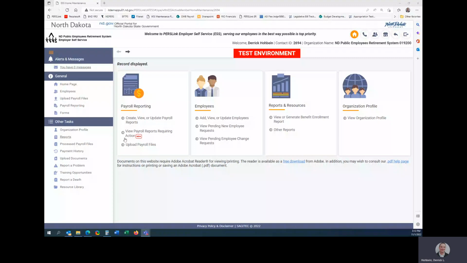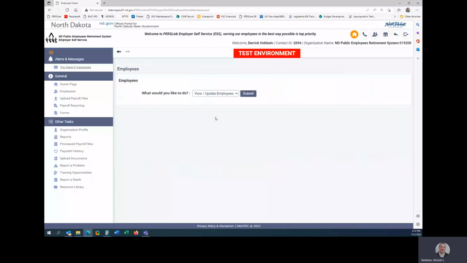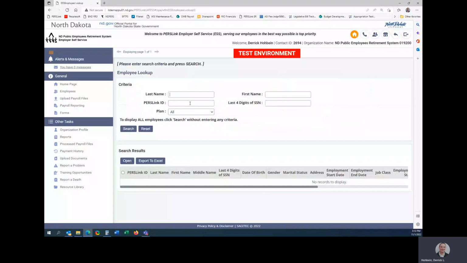Once you log into ESS, you'll want to navigate to the employee panel and click on Add, View, or Update Your Employees. Next, select View or Update Employees and hit the Submit button. Here you have the ability to search for your employees either by entering their first name and last name or by entering their PersLink ID and hitting Search. Once the results have populated, you can click on the PersLink ID of the employee that you want to be